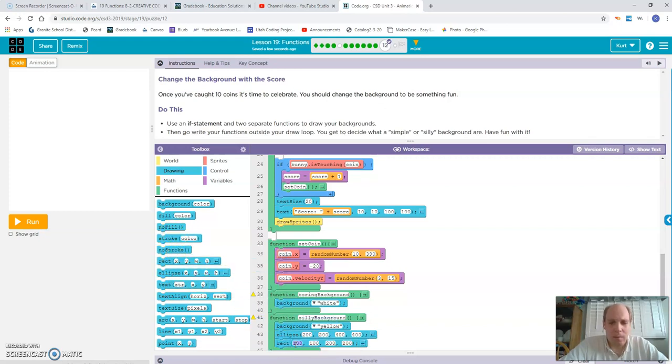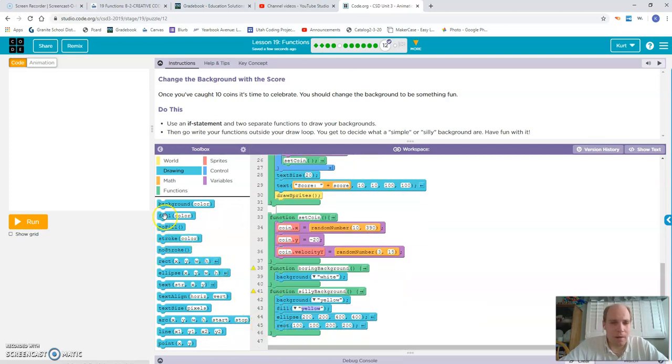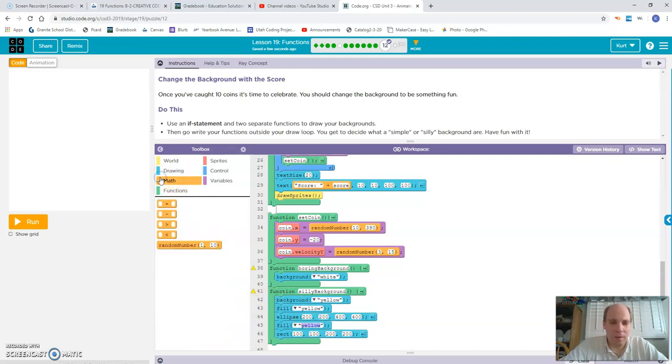rectangle. And if you really want it to kind of pop and be crazy, then you can change the fill colors of these to be randomized as well. So if I put a fill here, and then I put a fill here, and then instead of putting yellow, I'm going to put in some random numbers. So remember, you can put in RGB values for your fill. So if I put in random number,